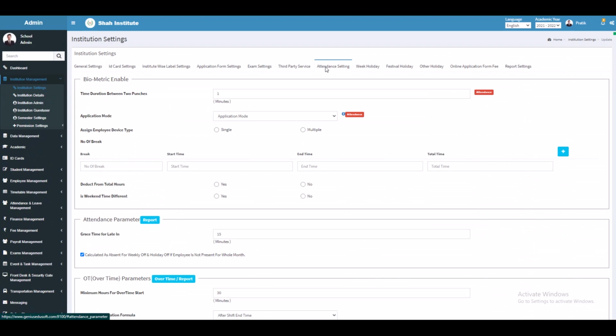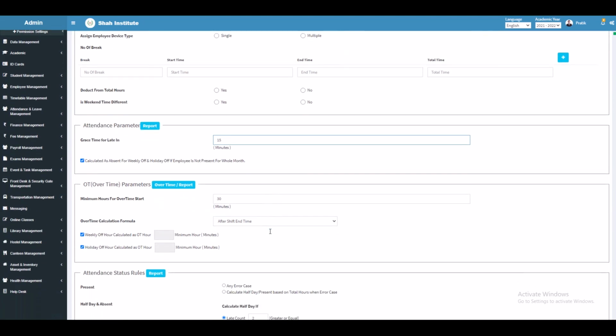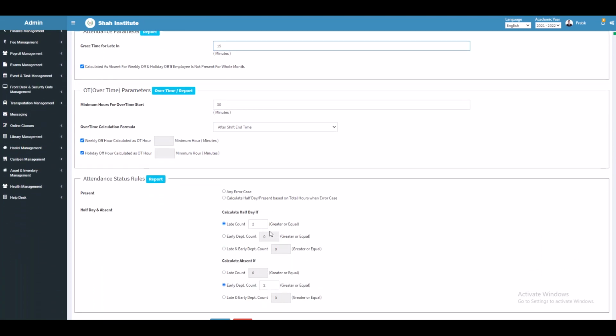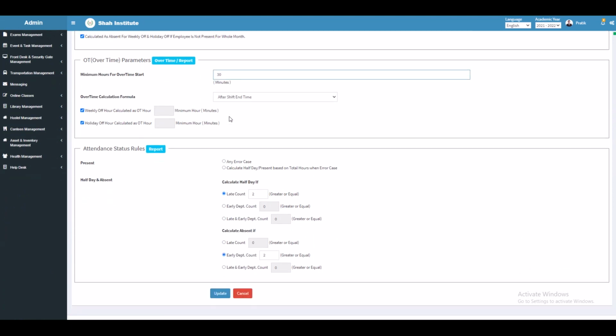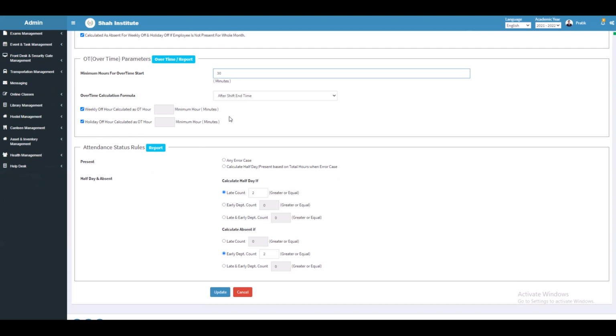Set grace time for late entries for employees. As in, if you enter 15, the worker will not be penalized for being late if they are only 15 minutes late. You can set overtime parameters from here. If you type 30 here, then overtime of the employee will be calculated after 30 minutes of his shift end